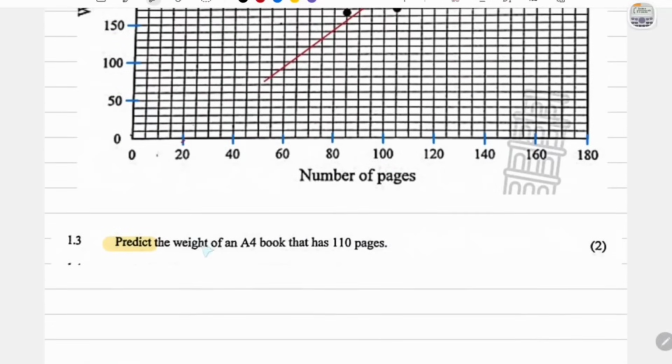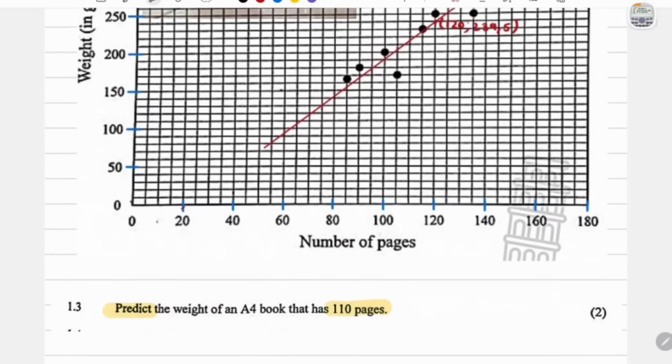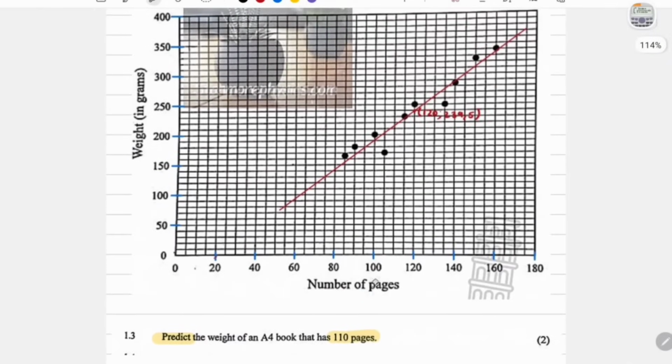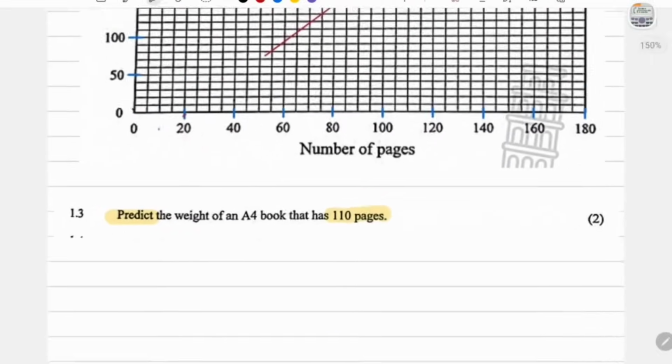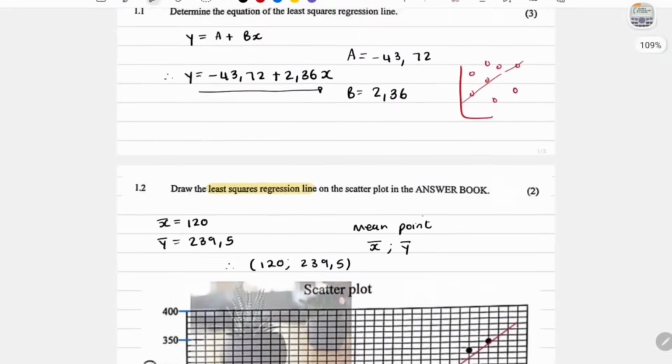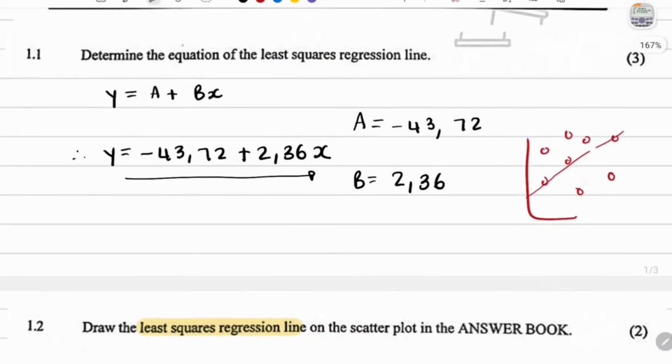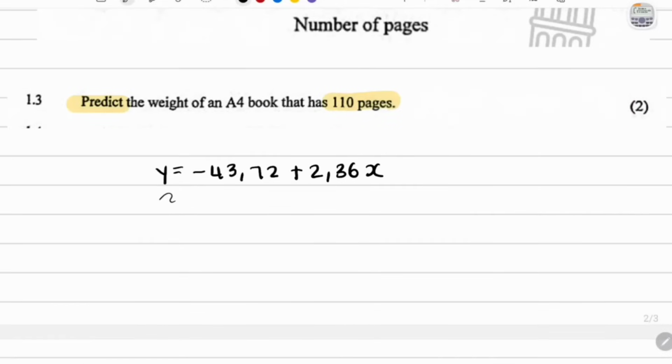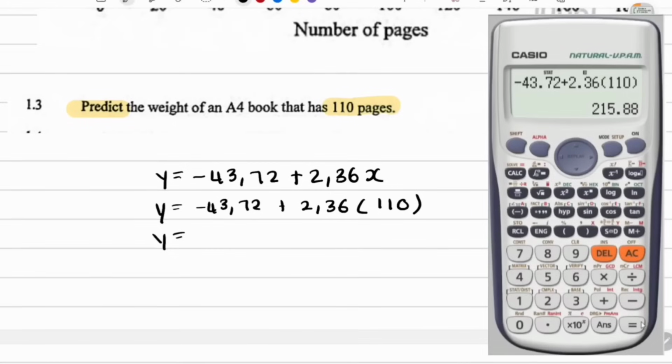because they asked for you to predict the weight, okay, of an A4 book that has 110 pages. Do you see that in your data, your pages are your X values? So it means they've given you an X value and you need to substitute it into your equation to get a corresponding Y value. So go ahead and just say Y is equal to negative 43.72 plus 2.36, and then in place of X, say 110. So when we substitute this, we get